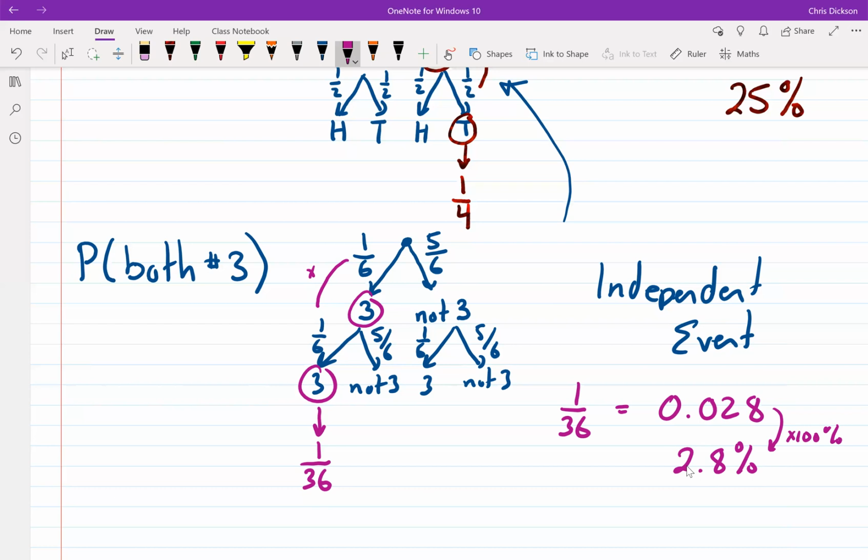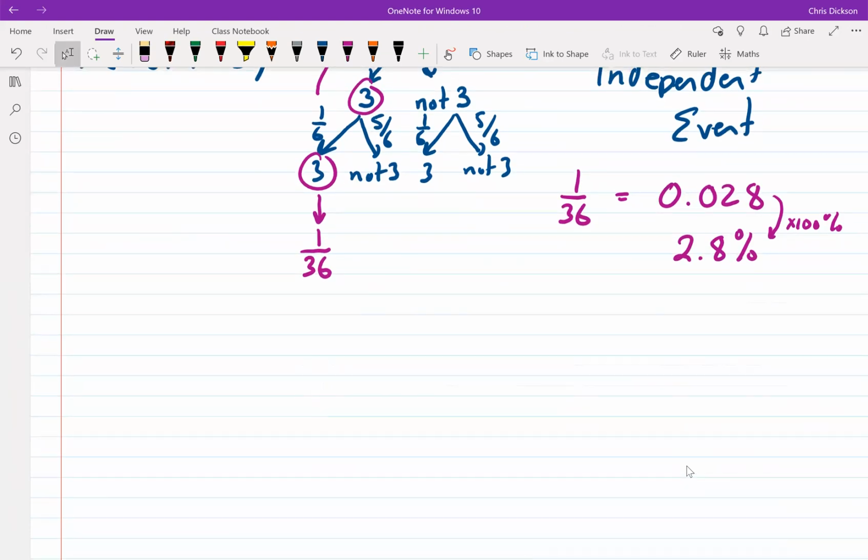We asked that question earlier in the video about imagine rolling it 10 times in a row and getting 3 10 times in a row. Would that be very likely? Well, no, because that would actually be 1/6 times 1/6 times 1/6, like doing that 10 times. So you'd have 1/6 to the 10, which would be, well, you can use your calculator for that. It's not very good. Okay, so that's independent events.